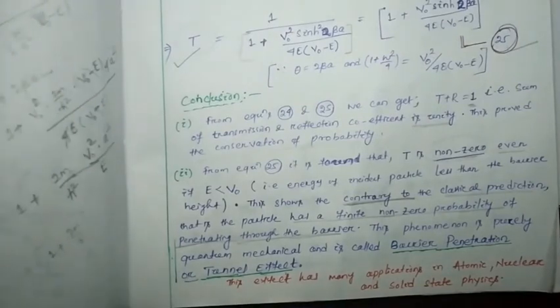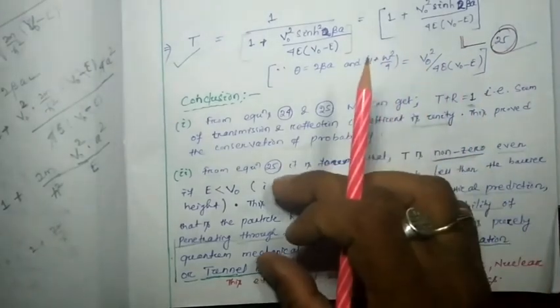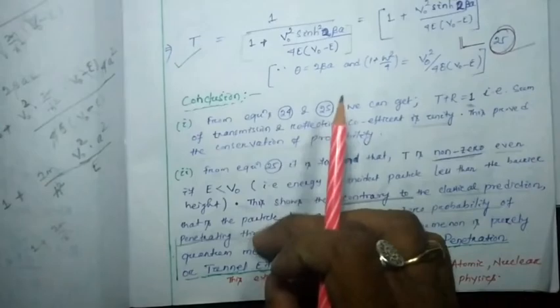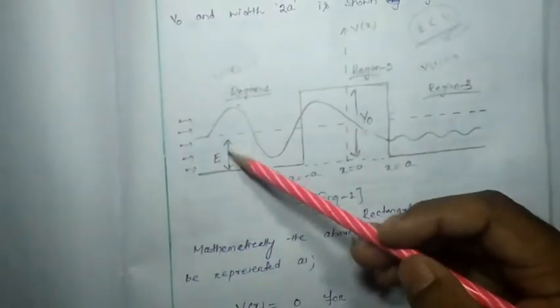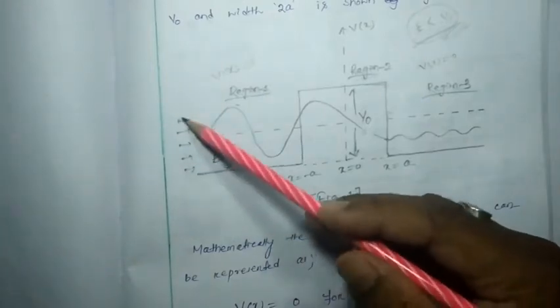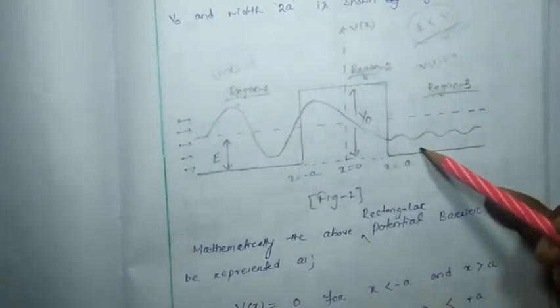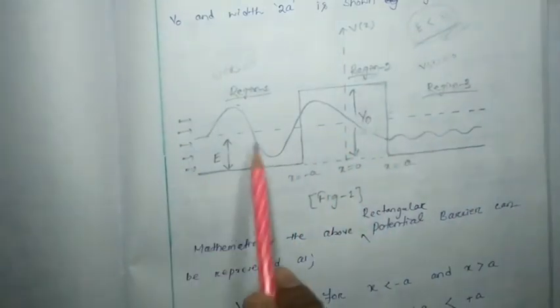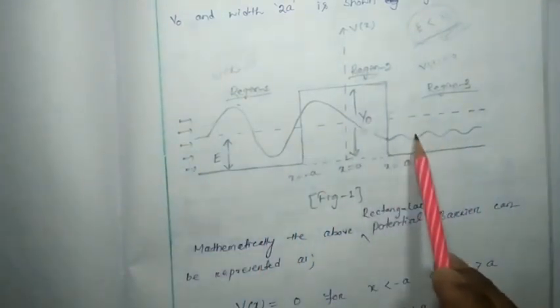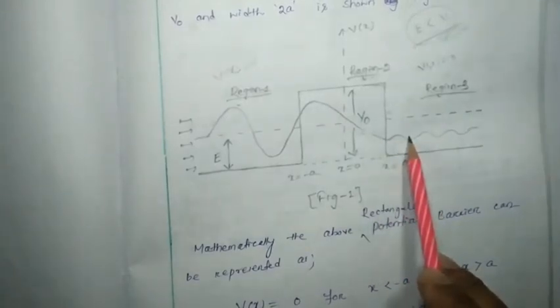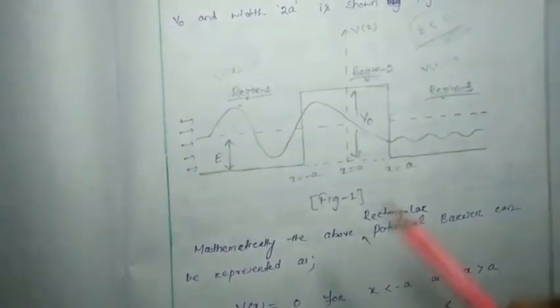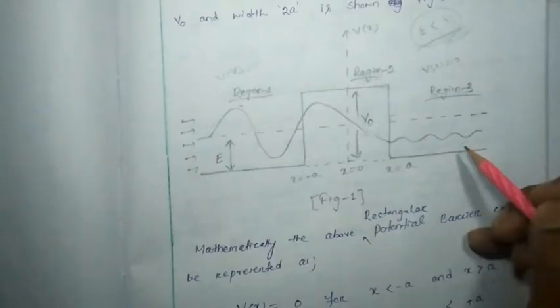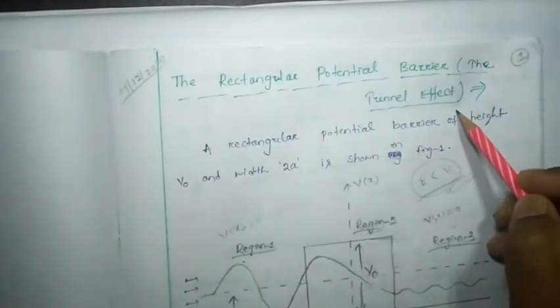Often. So here, what do you have to do? You have to write these things in 2 or 3 lines, and you have to draw this figure. It will be better. This figure represents that the kinetic energy of the particle, or the flux of the particle, is less than this potential barrier. However, this particle's probability can also be found in region 3. That means transmittance happens in this case, but classically it is not acceptable. That is nothing but your quantum mechanical tunneling, the so-called tunneling effect.